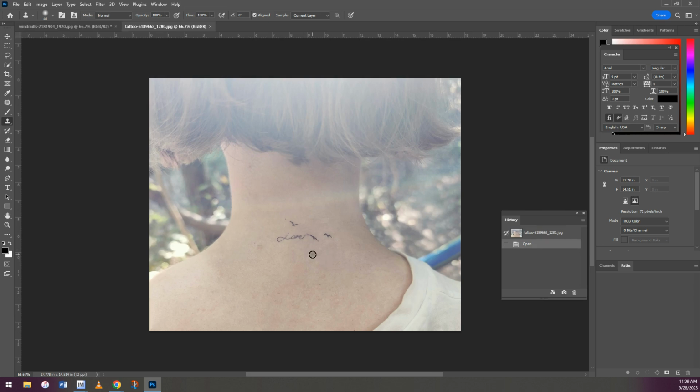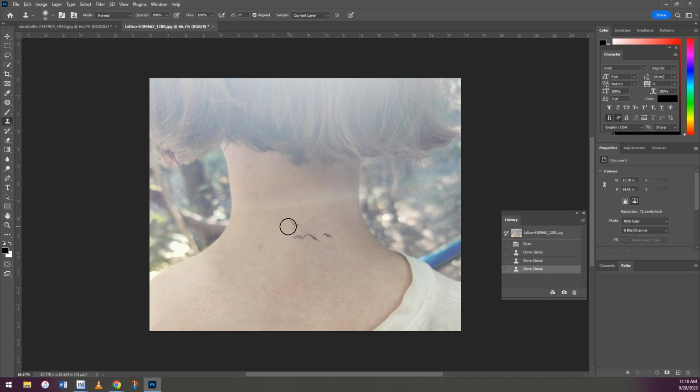So let's say we wanted to remove this person's tattoo. I'm not expressing an opinion on tattoos either way. I'm just saying someone may ask you one day to take a headshot and say, my headshot on the company website can't show my tattoo. Can you remove it? You would be able to use the clone stamp. So again, just picking an area of the skin that I would like to cover this up with, and I just